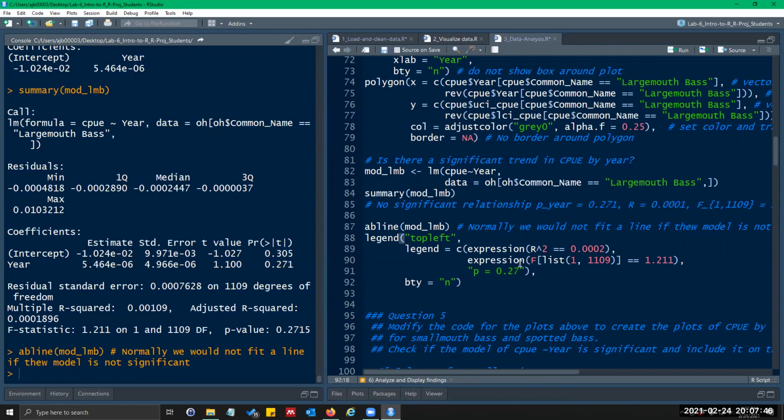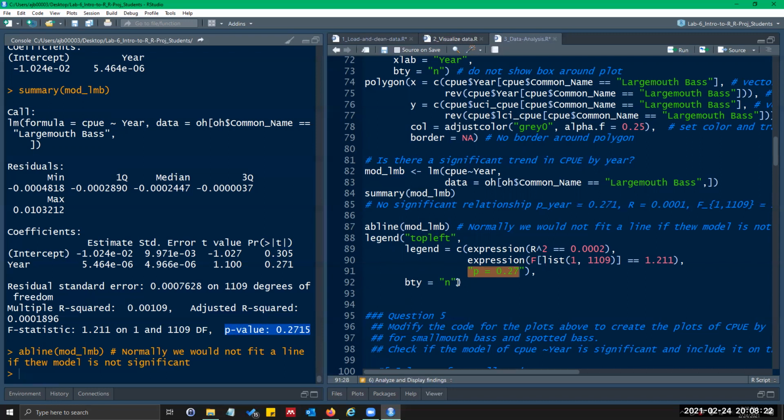So I'm going to do expression f and then use brackets for subscripts, and then list in order to get two values, because we have 2 degrees of freedom. Again, you get your degrees of freedom from right here, and then the equal is your f statistic, which is right here. And then you can just type in p equals 0.27, which I got here and rounded.